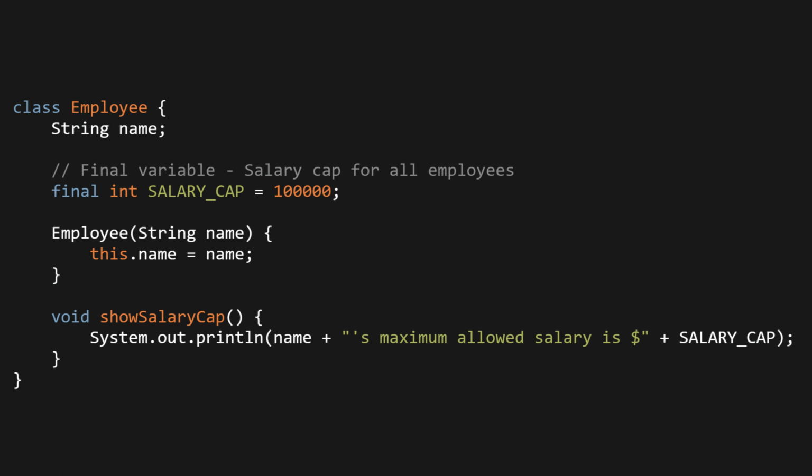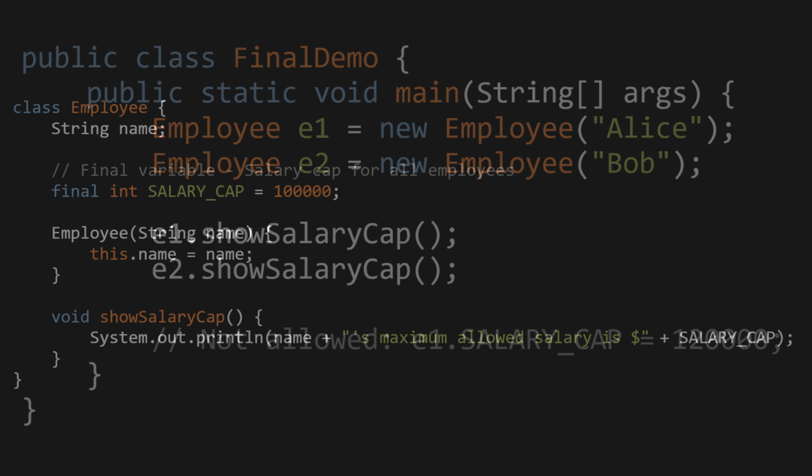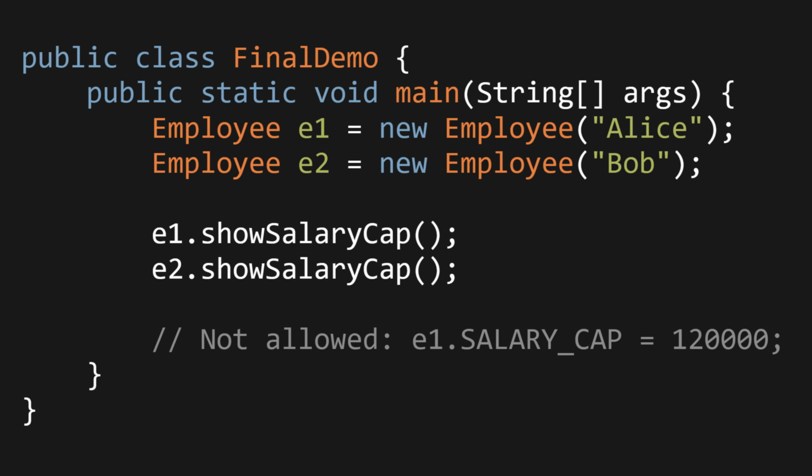Class Employee { String name; final int salaryCap = 100,000; Employee(String name) { this.name = name; } void showSalaryCap() { System.out.println(name + " max allowed salary is $" + salaryCap); } } public class FinalDemo { public static void main(String[] args) { Employee e1 = new Employee("Alice"); Employee e2 = new Employee("Bob");